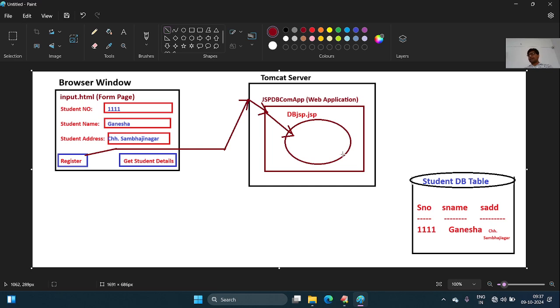Load the JDBC driver class name. Call the prepared statement or simple statement based on the requirements. It interacts with the database software. The database software will search for the appropriate table that you have called. Here in my case, I have the student database